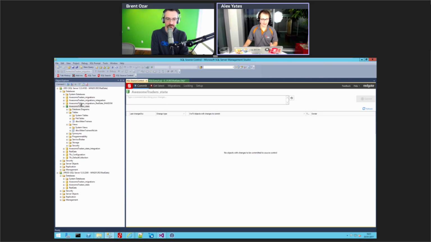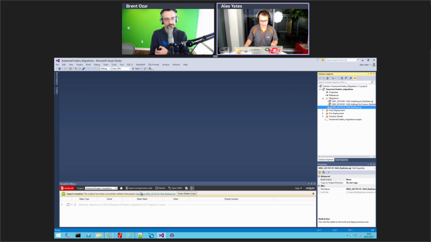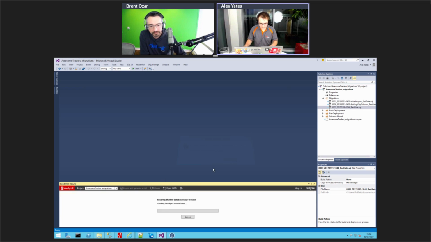On the migrations database, I'm not going to use Redgate SQL Source Control, because it starts out as a model-based approach. There are some hybrid features that allow you to do migrations later, but I'm not going to worry about that right now. This is a separate tool, again also by Redgate, because that's just stuff that I personally like best.